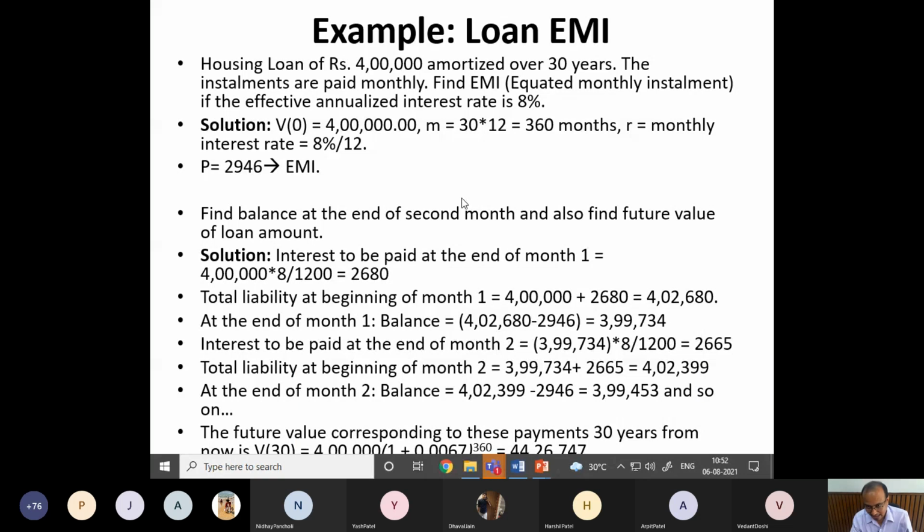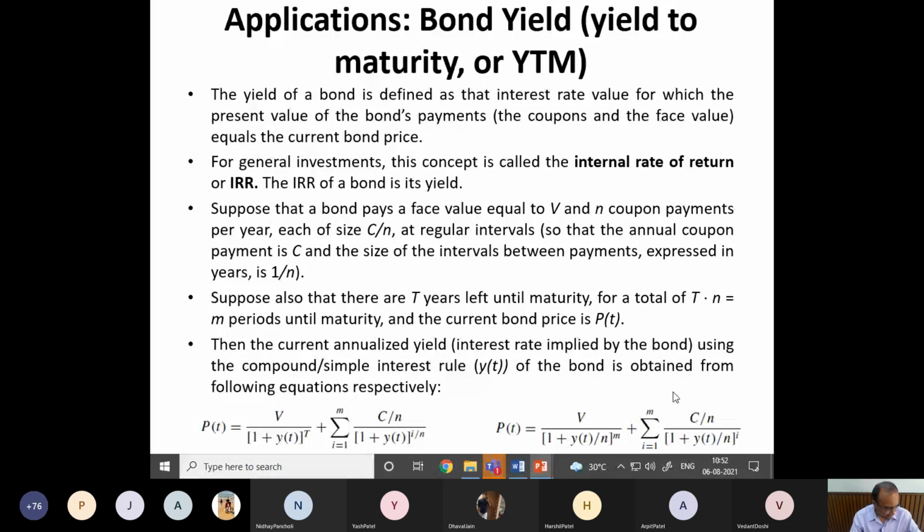And when you get a loan from the company, the company gives you only the value of the EMI, right? They will not give this breakup, right? So you have to do it. I hope you get this, right? Now, the next application is with the bond yield. I want to complete it today, but I think not much time is left. It is 10:55. So let me introduce this and then we end this lecture and calculate this bond yield. It is an even more complicated calculation than this loan EMI or annuity.